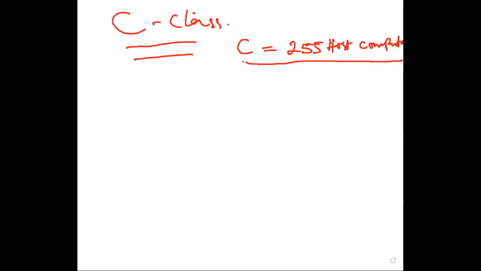Obviously such a company, using above 600 to 800, would fall into a Class B IPv4 address. Now for a Class C, as we've just considered,